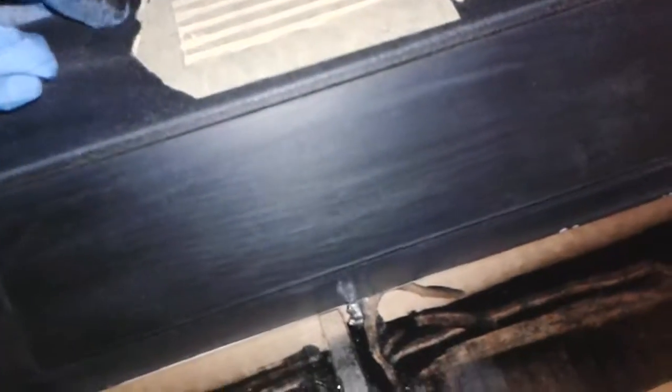Peeling off this tape, you should kind of get it started to peel off, like how I got this piece right here. When I spray it, I won't have to be that careful, and then maybe after I could use some of this overspray to touch up around the grill area. But right now I'm just getting this prepared to peel off, and it's pretty much the same thing with the